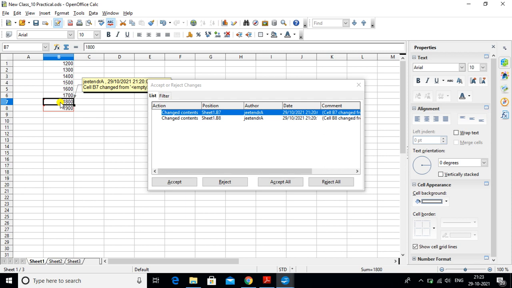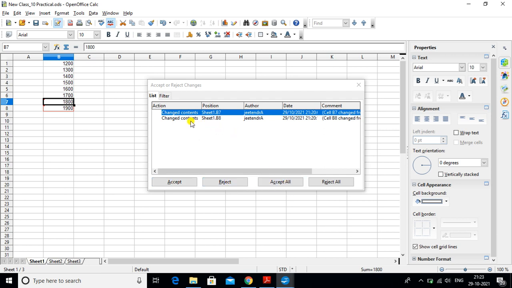If you want, you can accept the changes, or you can reject them also. You can select from the list the changes you want to accept or reject.